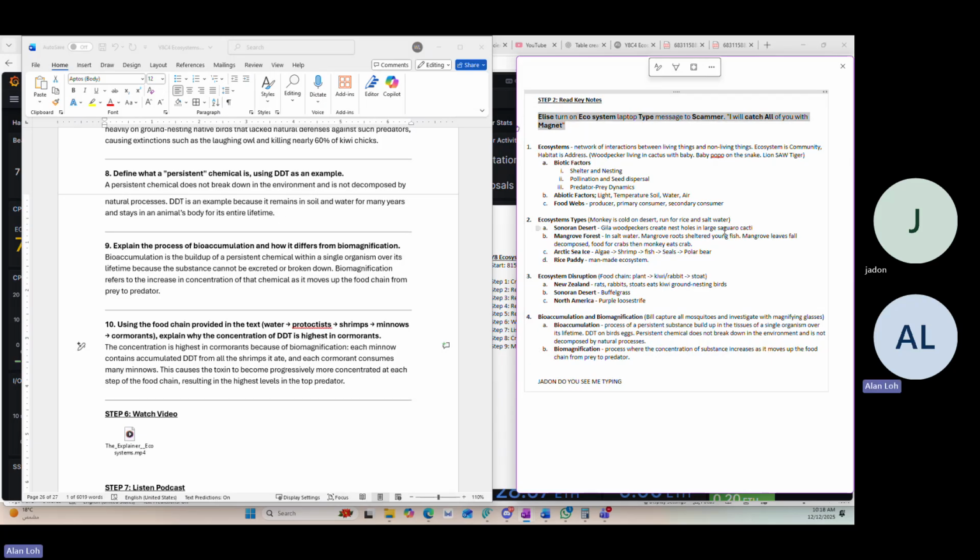Can you tell me the story, the Elise story? So, Elise turned on his ecosystem laptop to type the message to the scammer. I will catch all of you with magnet. Yes. Now tell me the 4 drawers, the names of the 4 drawers. Drawer number 1 is